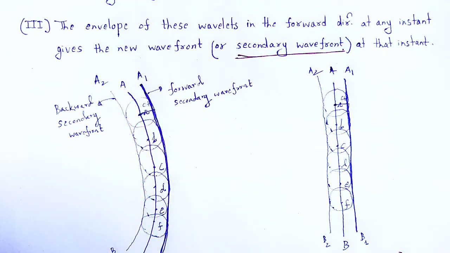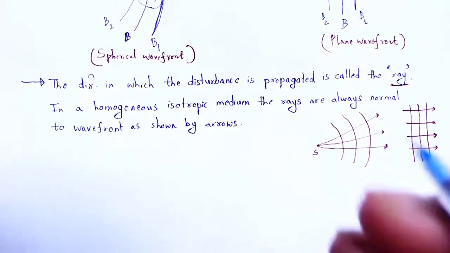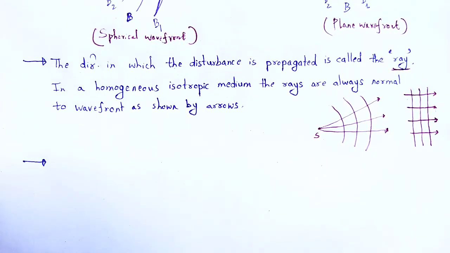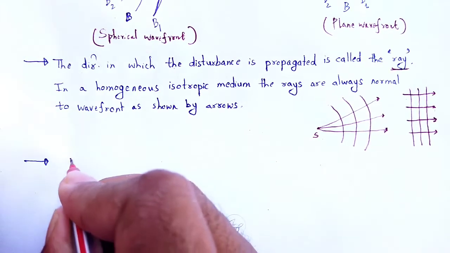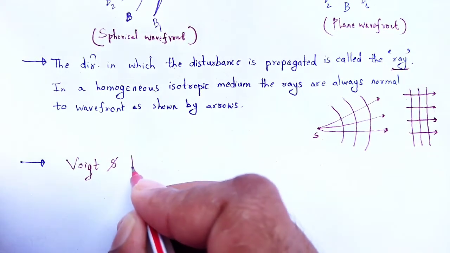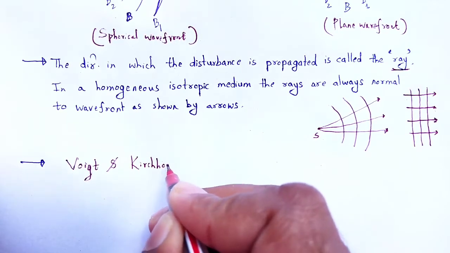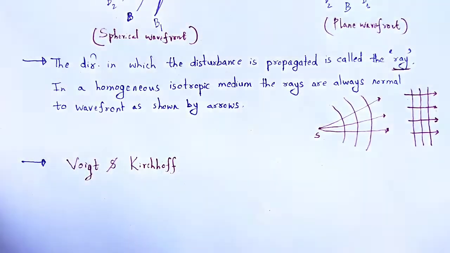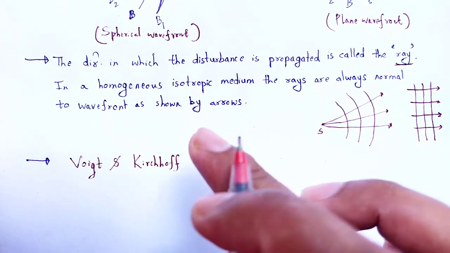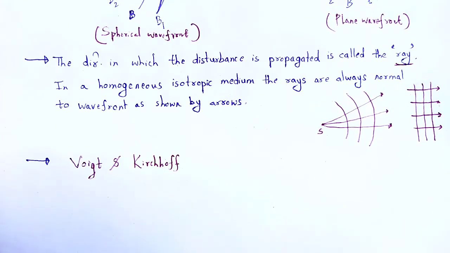Further, two scientists come into the picture, named Fresnel and Kirchhoff. They provided the mathematical way to prove why there is no existence of a secondary backward wavefront. According to their mathematical concept,